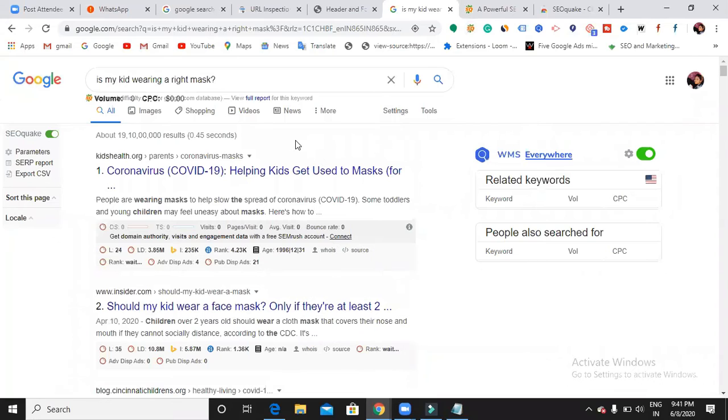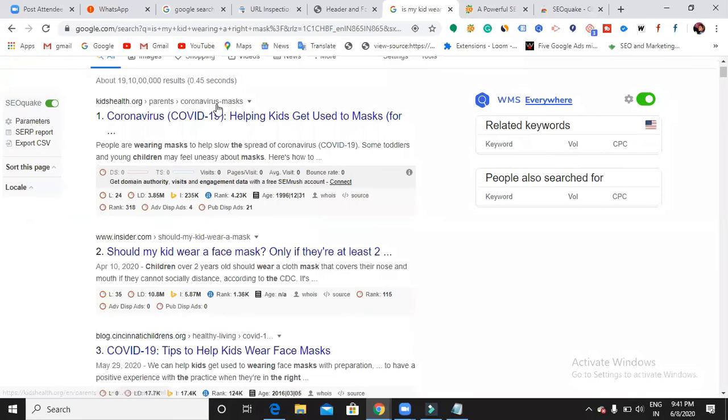Okay, so now what are the things you can see? Is it showing you the number or not? So it would be easy for you, right? You don't need to count each and every result manually. Directly it will show you the numbers for the results.